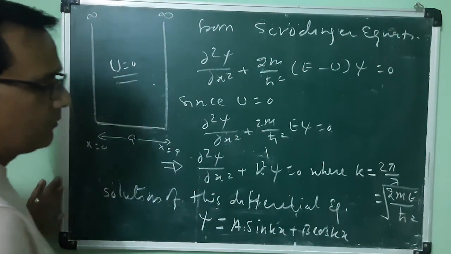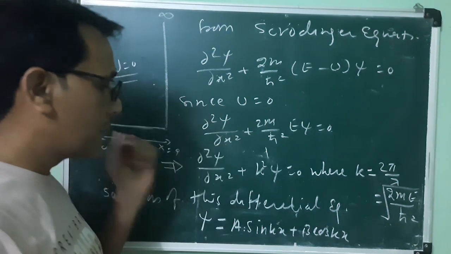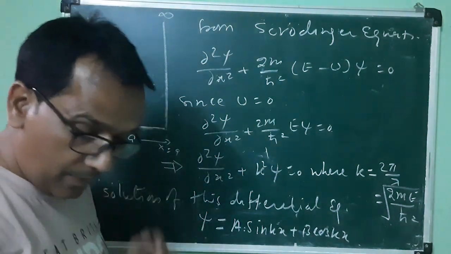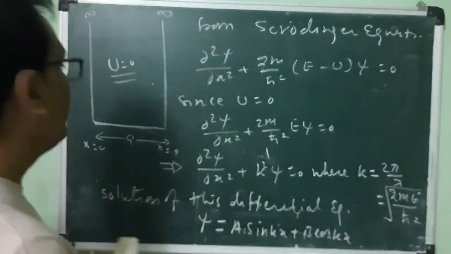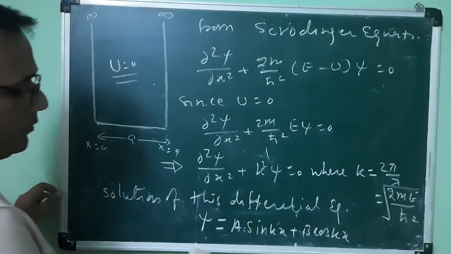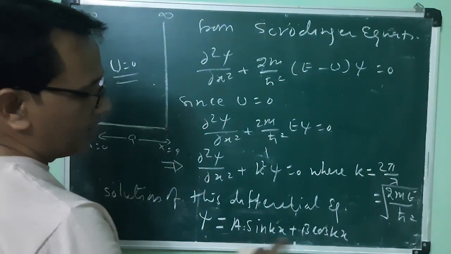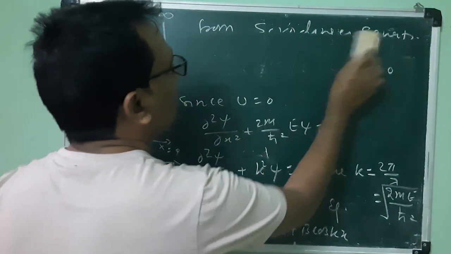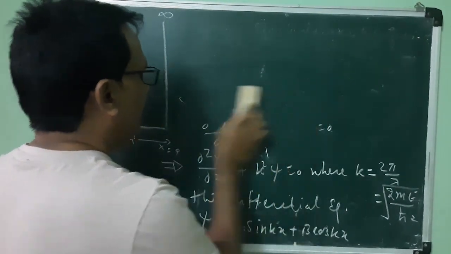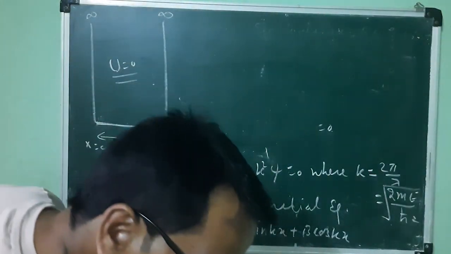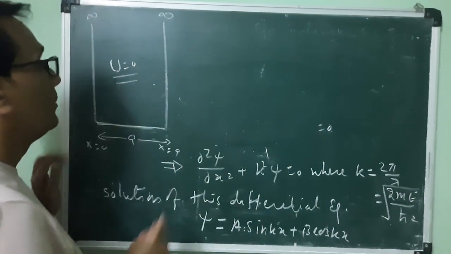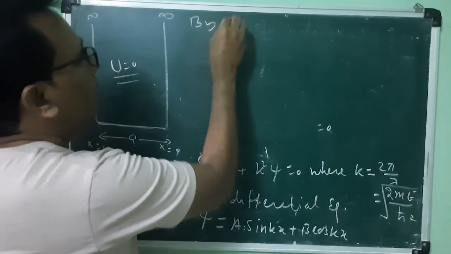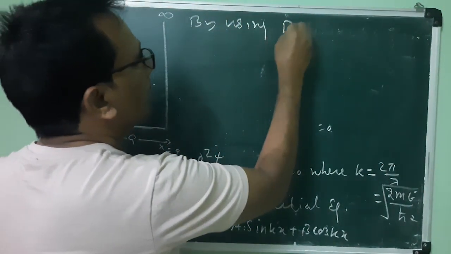We have used a similar solution there also. So again we have to use the boundary conditions to find the values of the coefficients A and B here. We have two boundary conditions again here. At the wall, this is the infinite potential wall, so by using the boundary condition